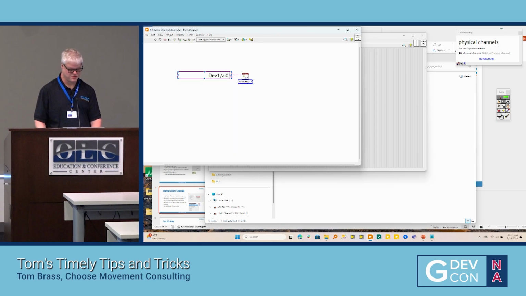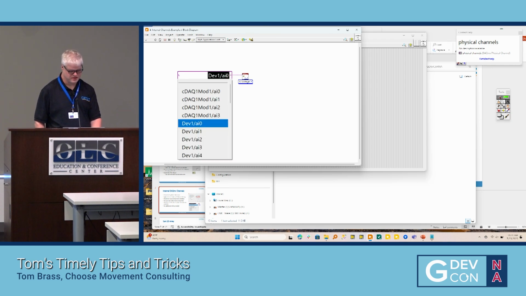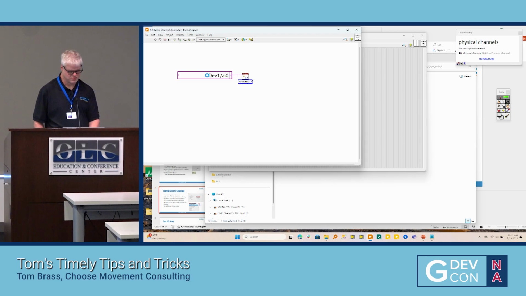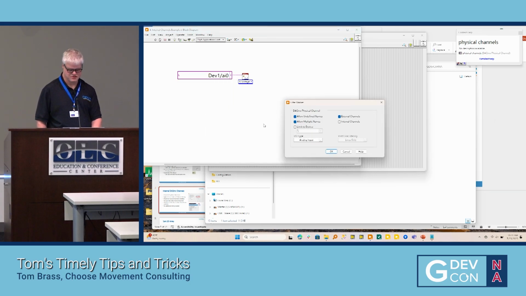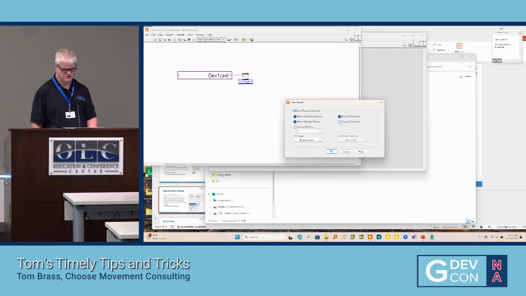In this case, this is particularly for inputs. If you right-click and do some filtering, there's a checkbox here for internal channels. If you enable that,